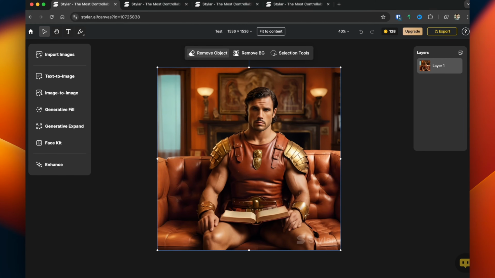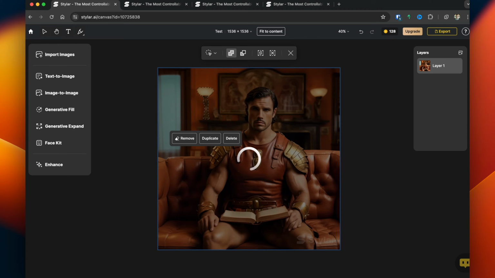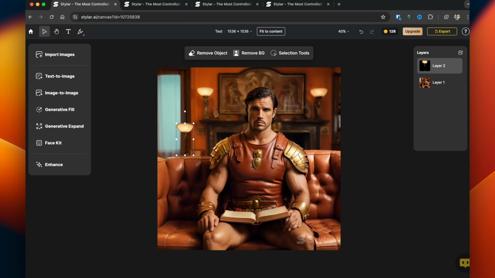Up at the top, there's the ability to remove objects, which erases pieces of the image. You can remove the background, and there's a selection tool which does some neat tricks. You can either use the lasso or the auto function, but if you use the auto function, you can click on a specific object, give it a moment, and Stylar will immediately highlight the entire thing, which can be removed, duplicated, or deleted. So if we wanted to duplicate this,